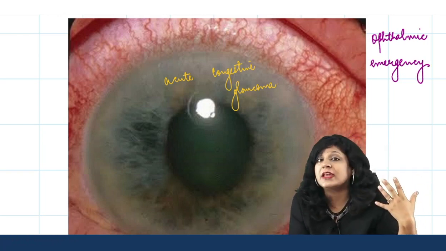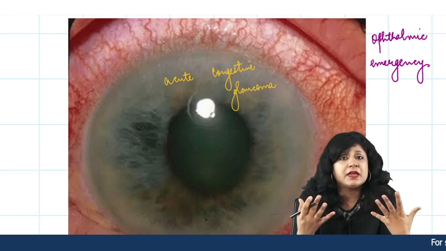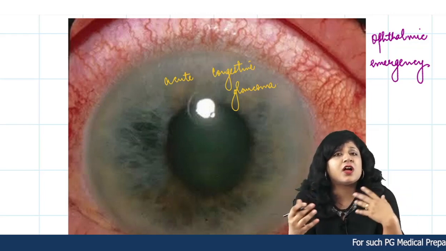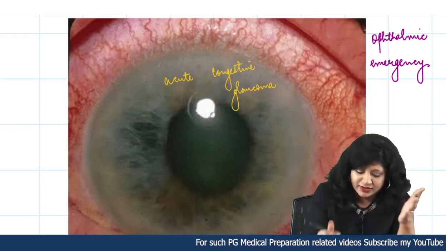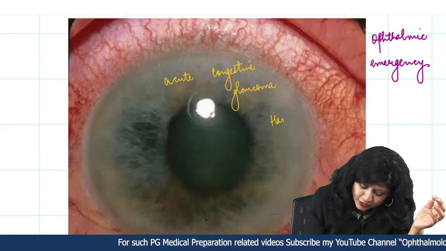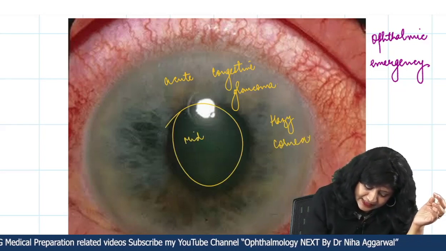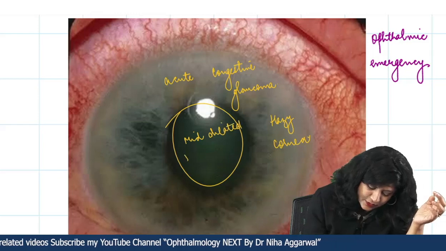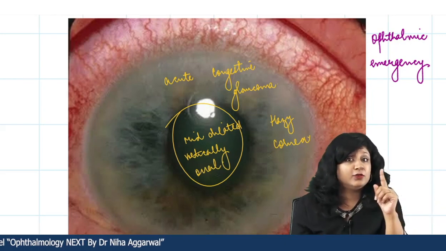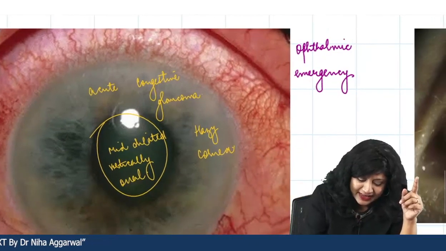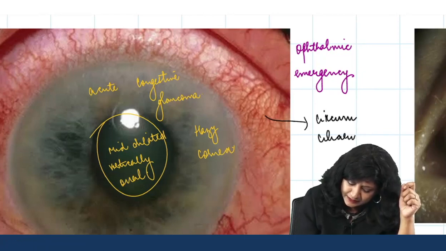The patient is in great pain, there is sudden closure of the angle of the anterior chamber, there is high IOP, and the patient is having nausea, vomiting, pain, and many other things, because of the sudden closure of the angle of the anterior chamber. You have a hazy cornea, closed angles, a mid-dilated vertically oval pupil, and not to forget, can you see the very evident circumciliary congestion?